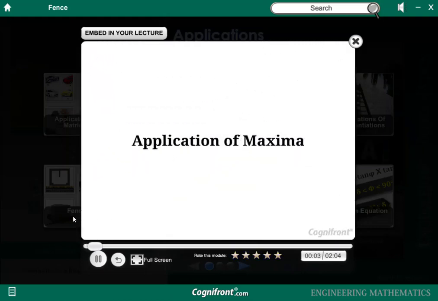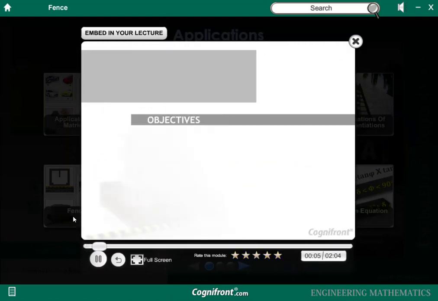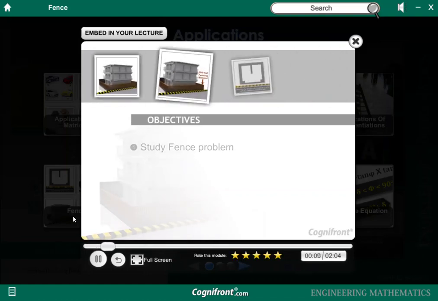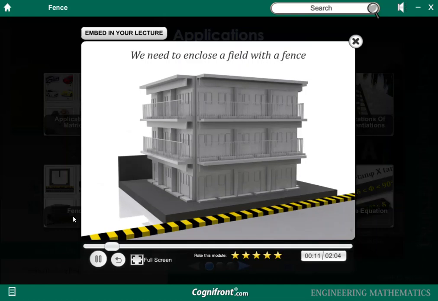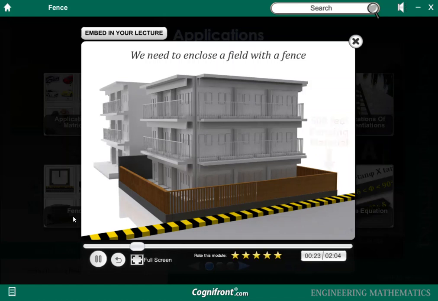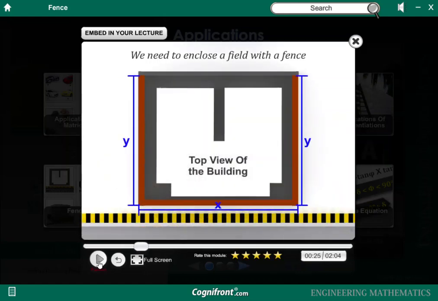Application of maxima. In this session, we will study the fence problem. We need to enclose a field with a fence. We have 500 feet of fencing material. One side of a fence does not need fencing as there is a building on that side. Determine the dimensions of the field that will